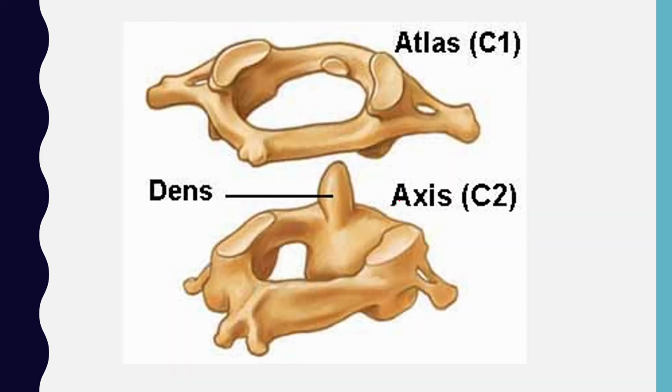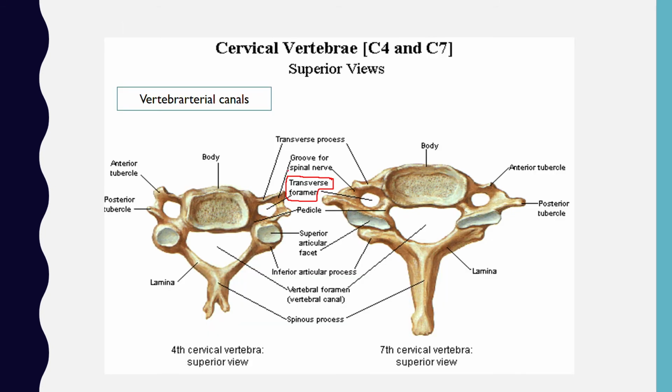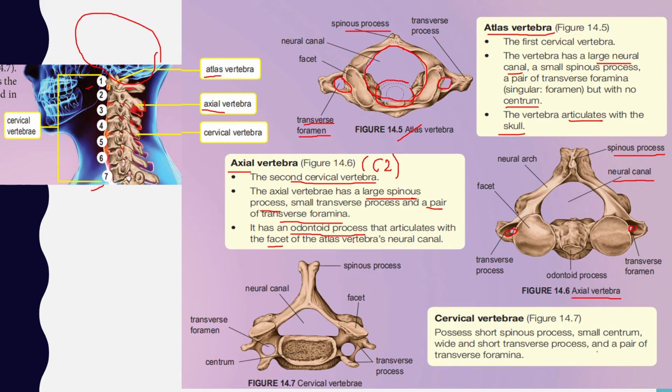Nah, this is the one. Axial vertebra. And then kita ada atlas vertebra. That's the C1. So this is the odontoid process which articulates with the C1 here. Dia akan fit masuk betul-betul into the atlas vertebra's neural canal. Okay, that's the features of the axial vertebra. So remember the odontoid process. Okay. Then the remaining cervical vertebrae, that means from C3 to C7, these are the characteristics that they